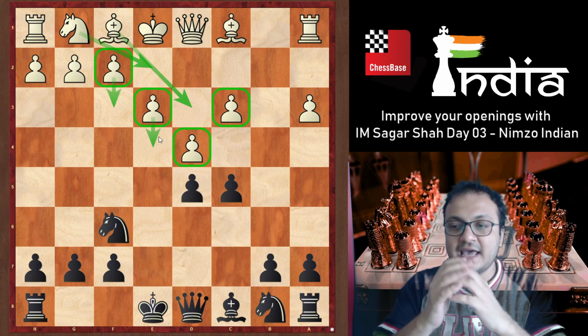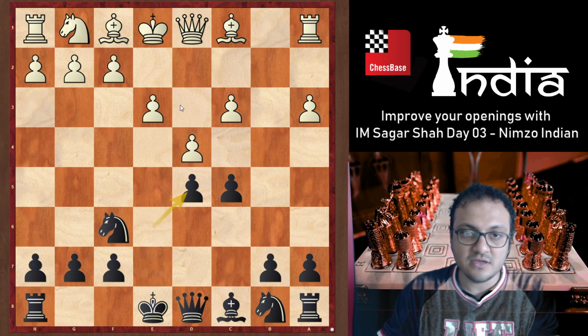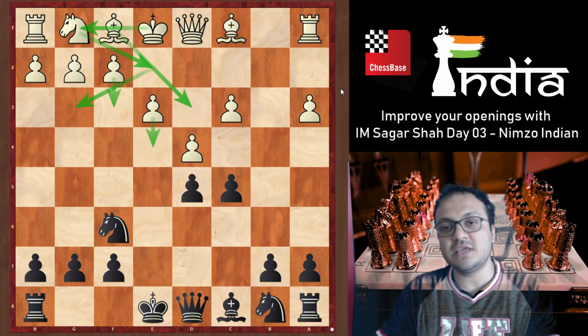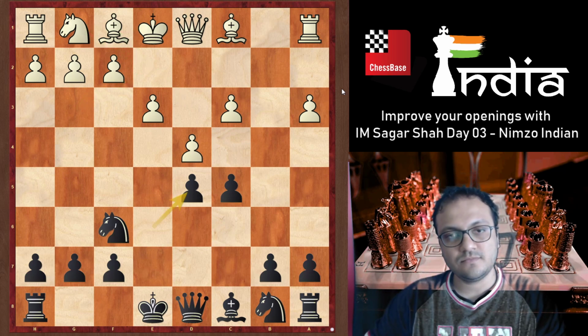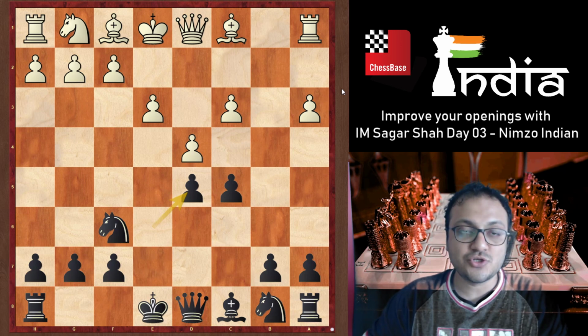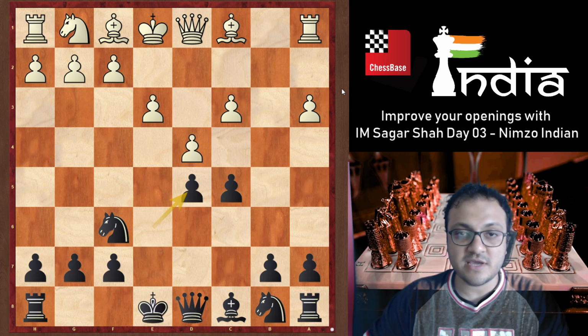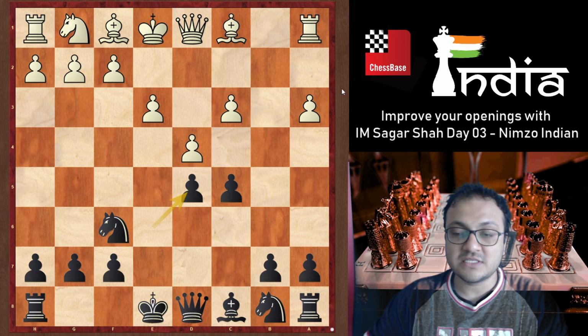And so this entire concept of putting your bishop to d3, knight to e2, then pawn to f3, castles, knight jumps to g3, and then pushing e4 is something that Botvinnik came up with. It was not well known in 1938, and he won this game beautifully.